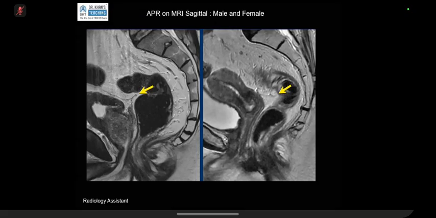So if you go back here, this is a male, this is a female. In this male, these are the prostate and the seminal vesicle. This is the peritoneal reflection, and it is adherent here. In a female, this is the uterus, and this is the peritoneal reflection. A tumor which is sitting here and goes out of the wall will be invading what? The peritoneal cavity. The staging changes, right? So the surgeons will ask us, is it beyond the reflection, proximal or distal? But coming back,